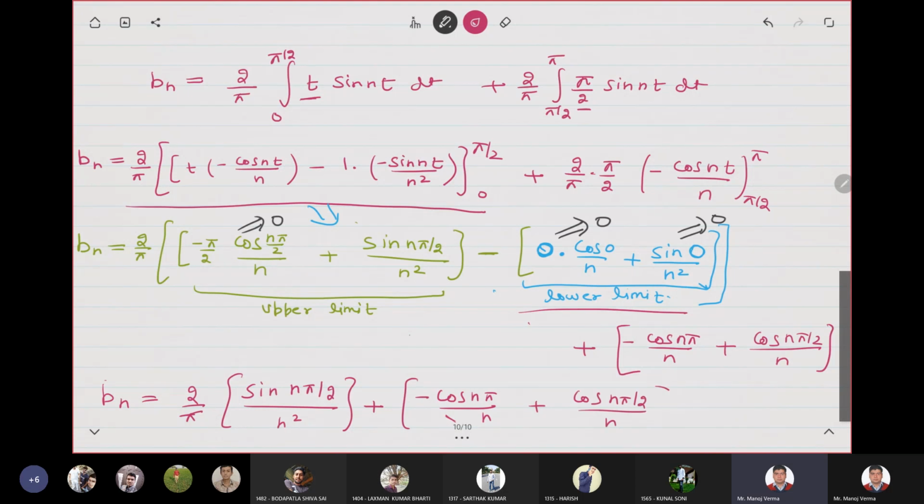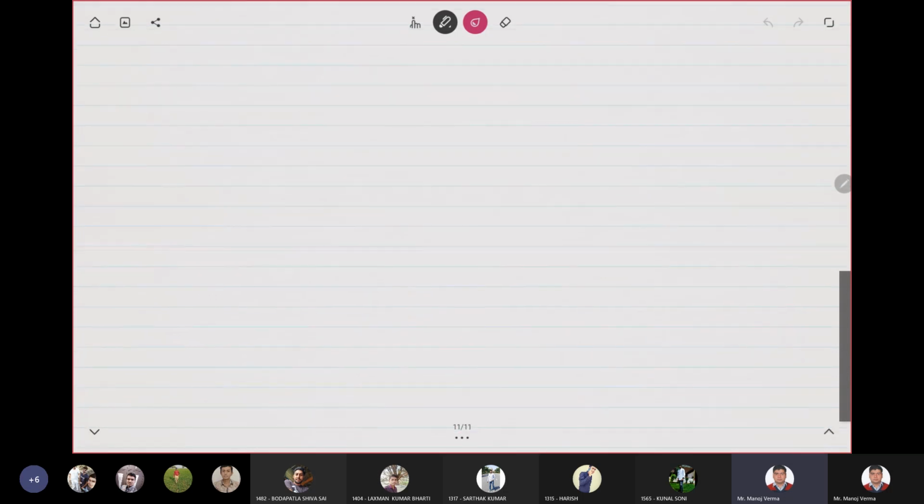So instead of solving this further, if I insert the value of cos n pi as minus 1 raised to the power n and sin n pi, instead of doing all these things, what I can simply do is insert the values of n manually, and I can find the value of the first 3-4 coefficients. b1 will become, now if I insert n is equal to 1 in the previous expression, it is becoming plus 1, simple plus 1 for n is equal to 1.